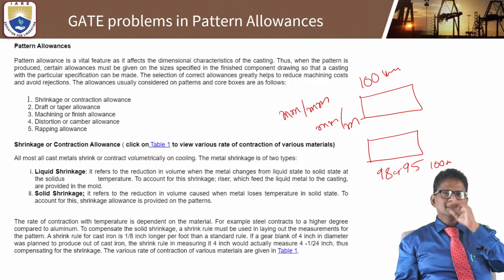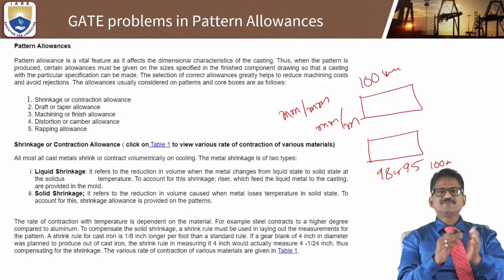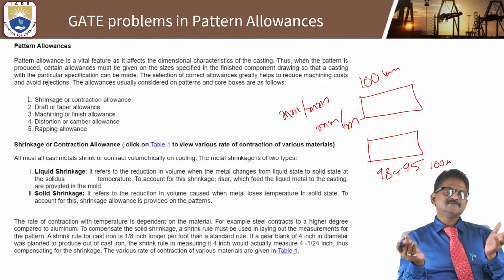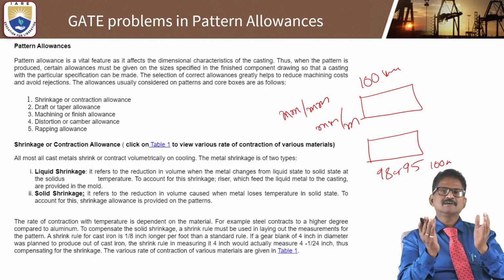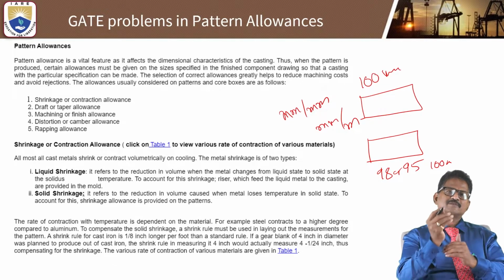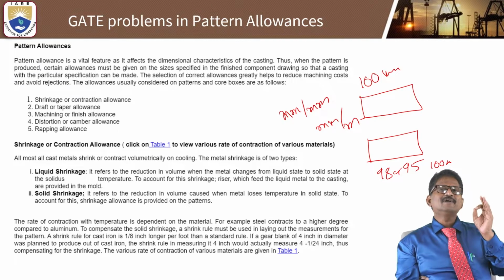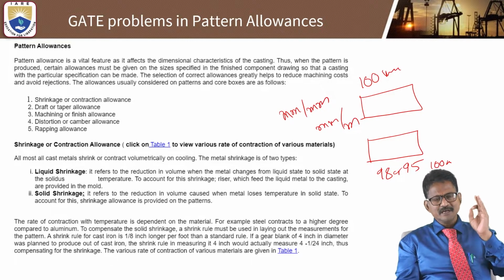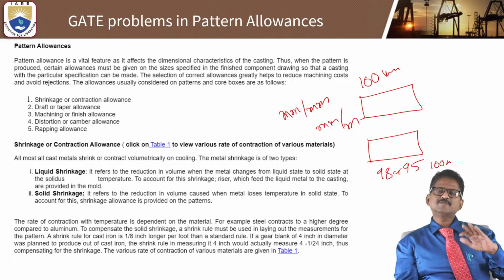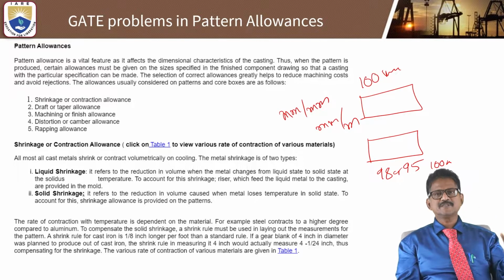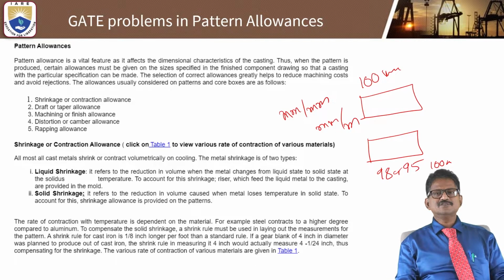That is why the student needs to understand this theoretically. Shrinkage means that when we pour the molten metal it will shrink, and that is why you have to provide some allowance. But while solving problems, some important allowances need to be remembered. From the examination point of view, sometimes they may give the allowances, sometimes they may not give them, and you have to check